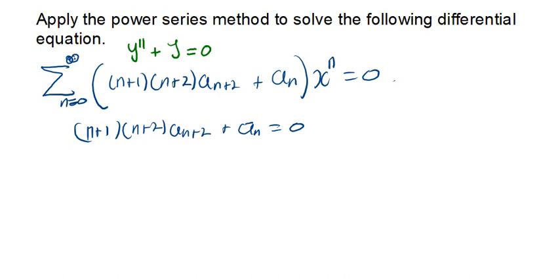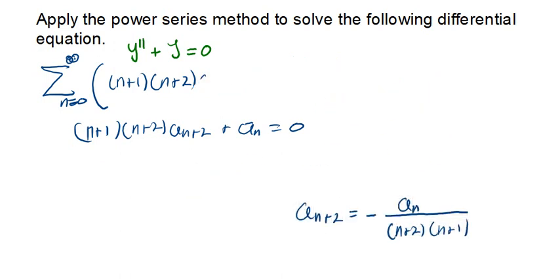So here make the a sub n that has the highest power the subject of the formula, and it's simply this one here. So this is going to be a sub n plus 2 will be equals to minus a sub n divided by n plus 2 multiplied by n plus 1. So this right here is our recurrence relation that we are going to be using to come up with the